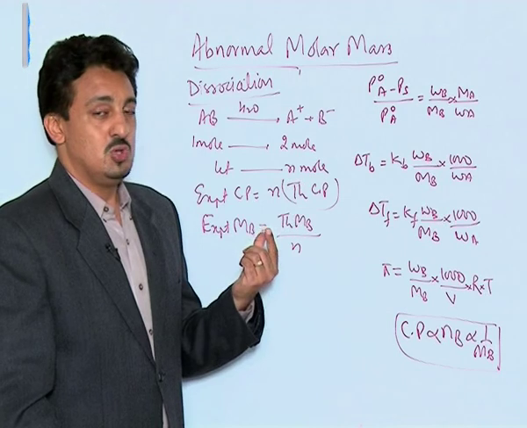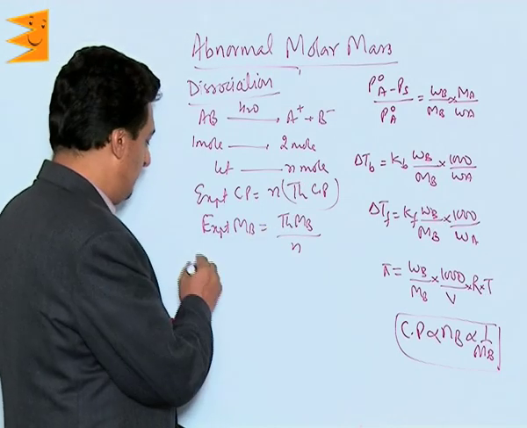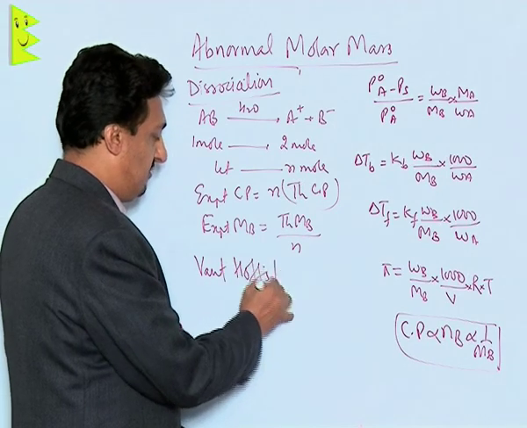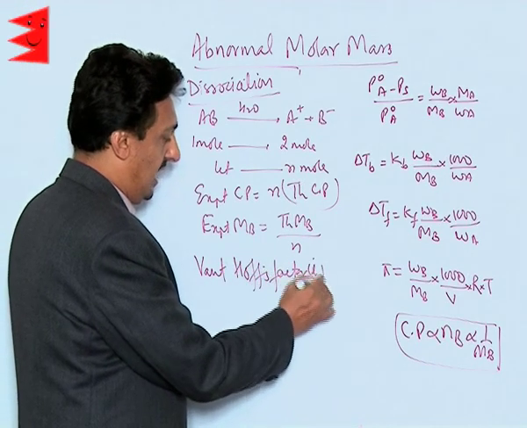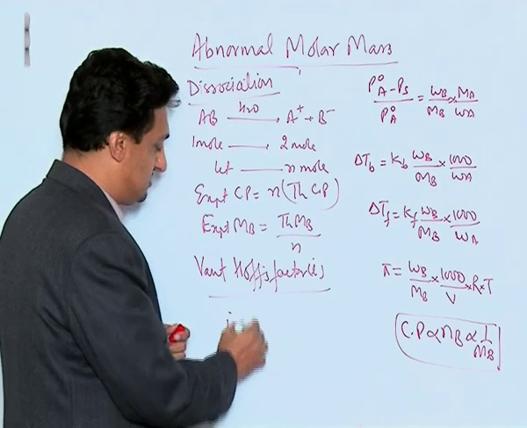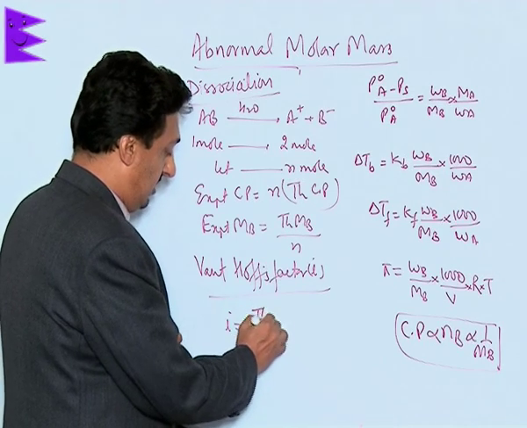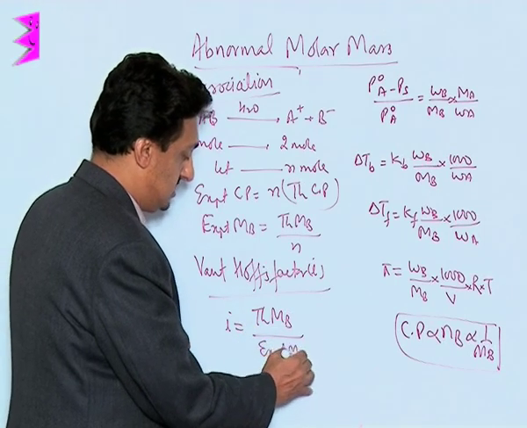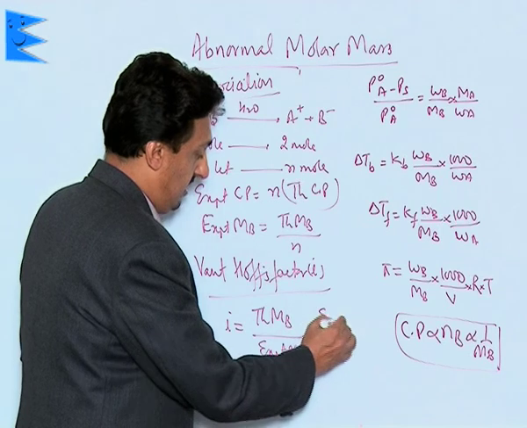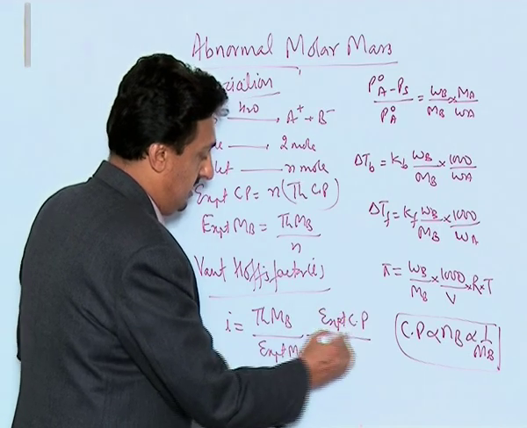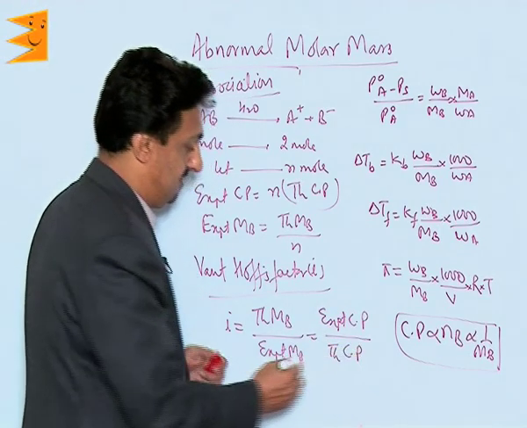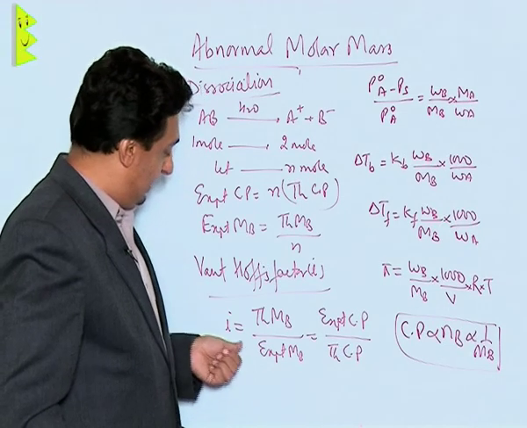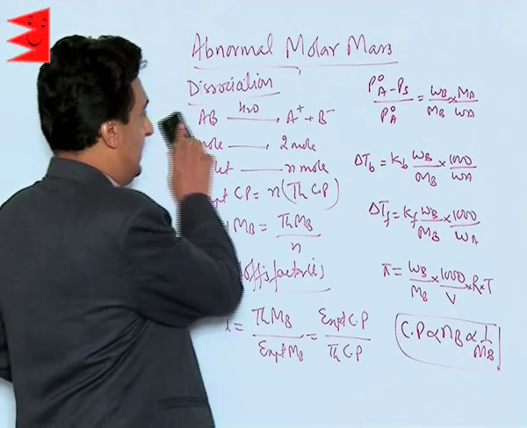Now in order to solve this problem, Van't Hoff introduced a factor which is called Van't Hoff's factor, which is called i. Now he said this i is basically theoretical molar mass upon experimental molar mass, or it can be experimental colligative property upon theoretical colligative property. He said we can find out the value of i by this formula, and as indicated, this i